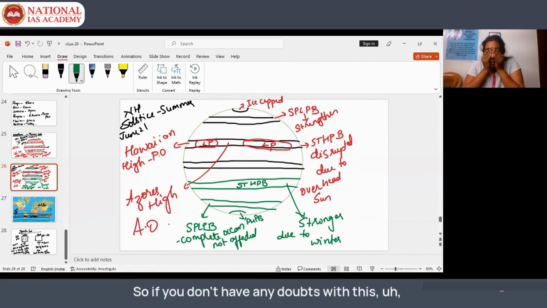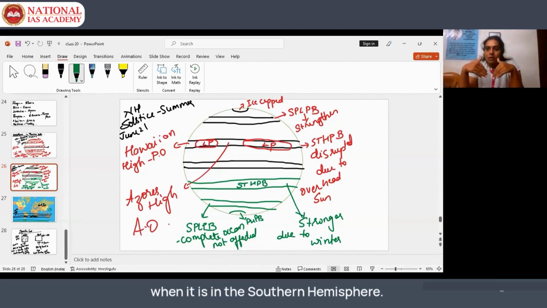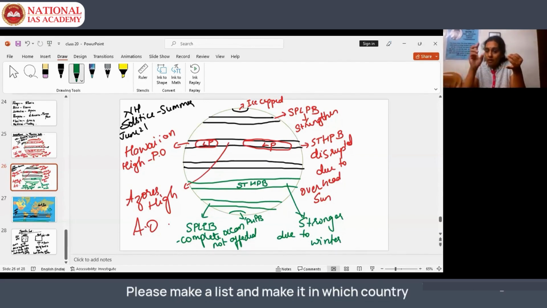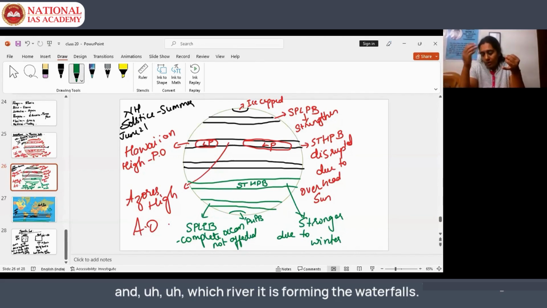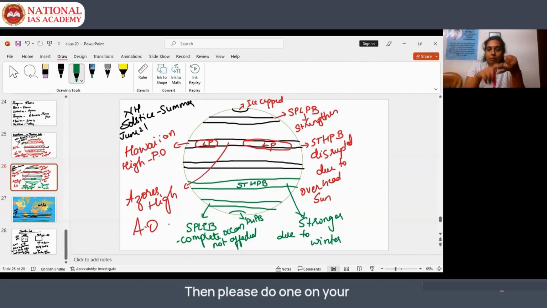Okay, so if you don't have any doubts with this, please come to the class on Monday and we'll continue with the impacts when the sun is in the southern hemisphere. Okay, on Monday we'll discuss your assignments on waterfalls. Please make a list and note in which country and which river the waterfalls are forming. Then please do one on your deserts also, and do one on your